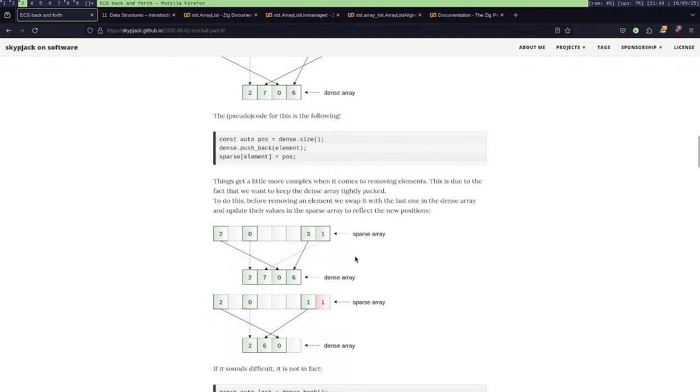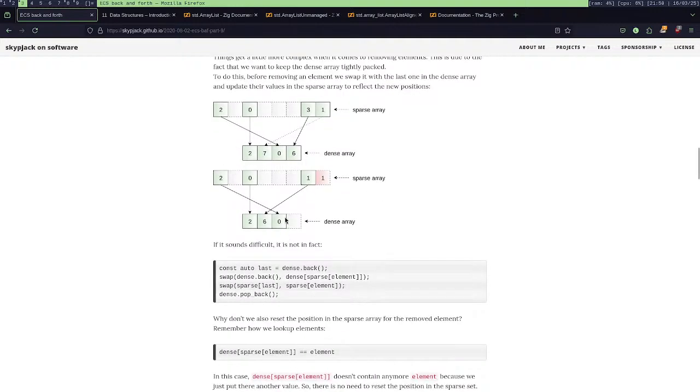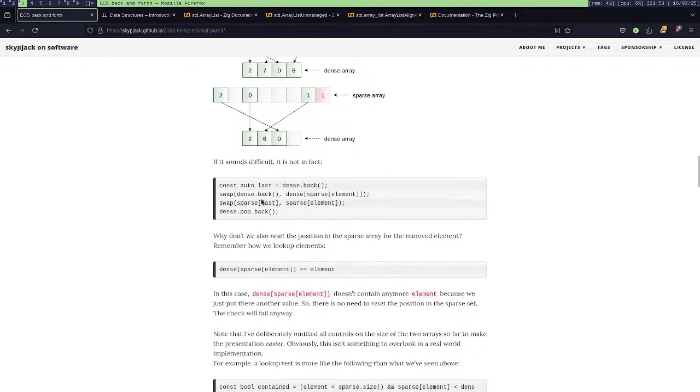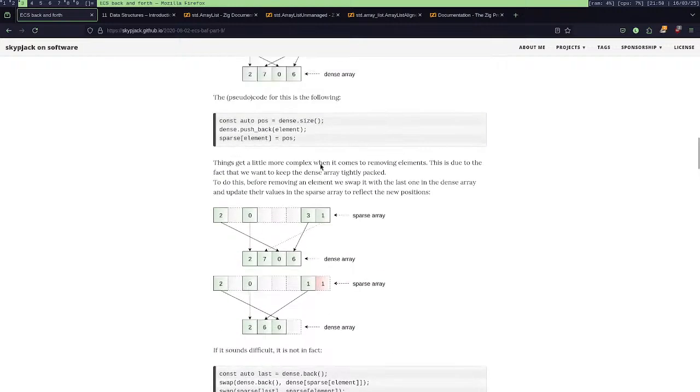But I want to know which entity IDs are available. So how do I know precisely which entity numbers are available? Yeah, he just pushes.